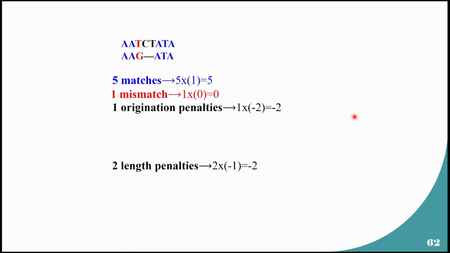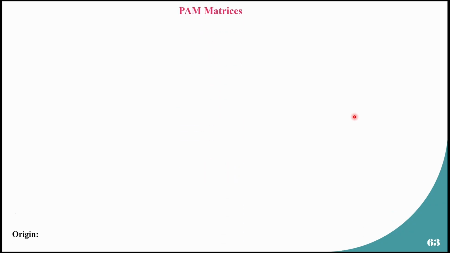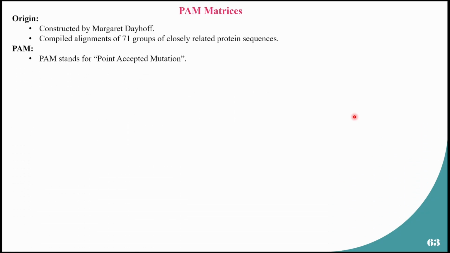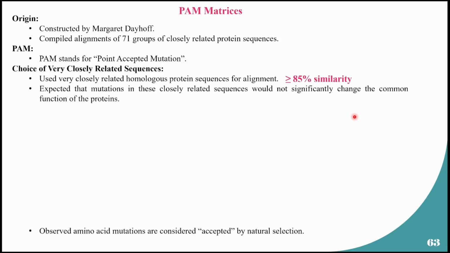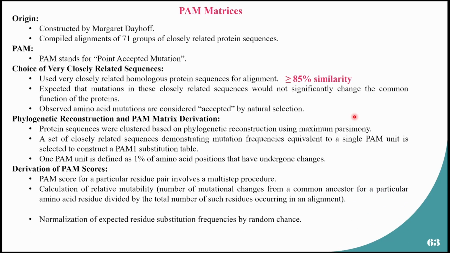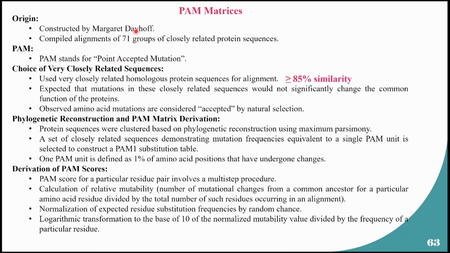So that was basically the origination of gaps and penalties. And now we talked about the different matrices that Professor Kumiho went over, for example, PAM matrices and BLOSUM matrices, right? Now these are basically the matrices that will help you identify the relative mutability, or the propensity for an amino acid to stay the same, in a matrix format. Okay, so the PAM matrix was constructed by Margaret Dayhoff with 71 groups of closely related protein sequences, and